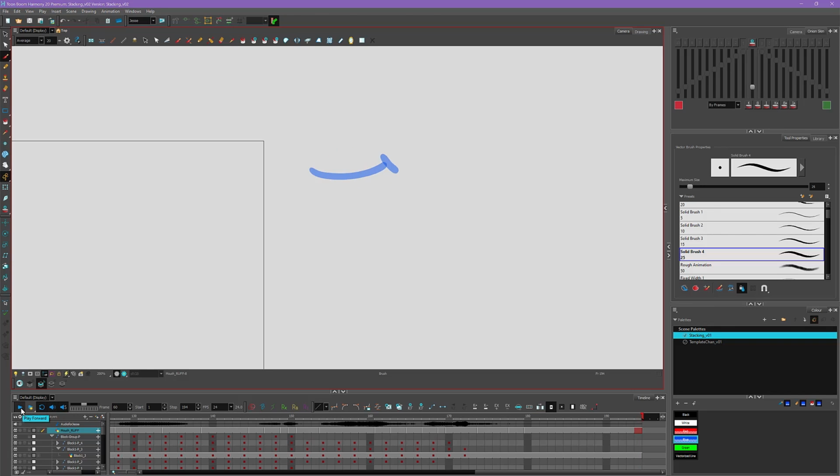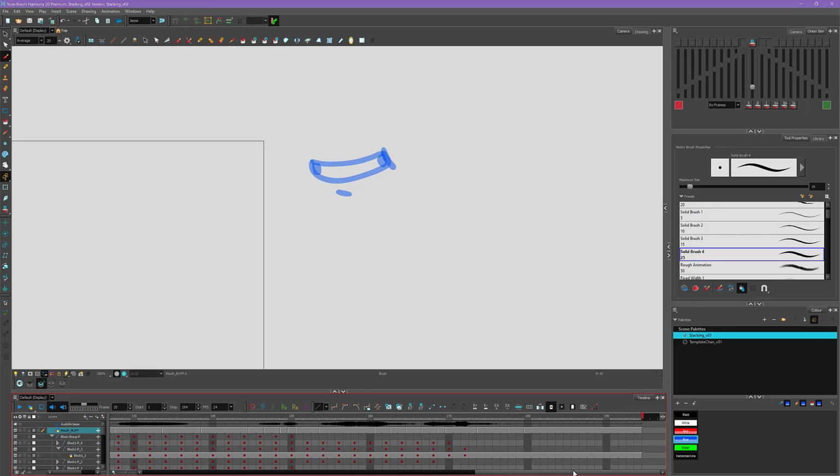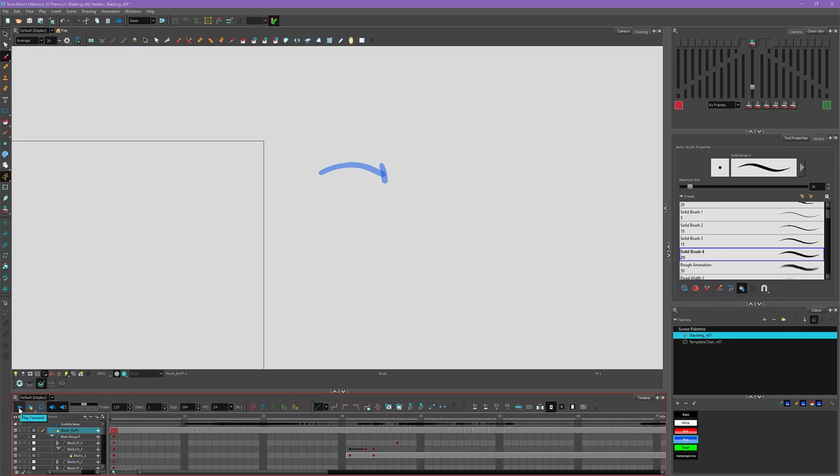So this goes here, and this goes. I'm pretty happy with that. One last thing that I like to do when I'm doing lip sync is to move all of this animation back by 2 frames. And the way I always explain it is that light travels faster than sound. So you usually see something happen before you hear it, right? So I'll select the first frame of my animation, go to the end of my lip sync animation, hold down Shift, select the last frame of animation, and then just move it back by 2 frames, just like this. So now when we play it, it looks like this. And as you can see, it just looks better.